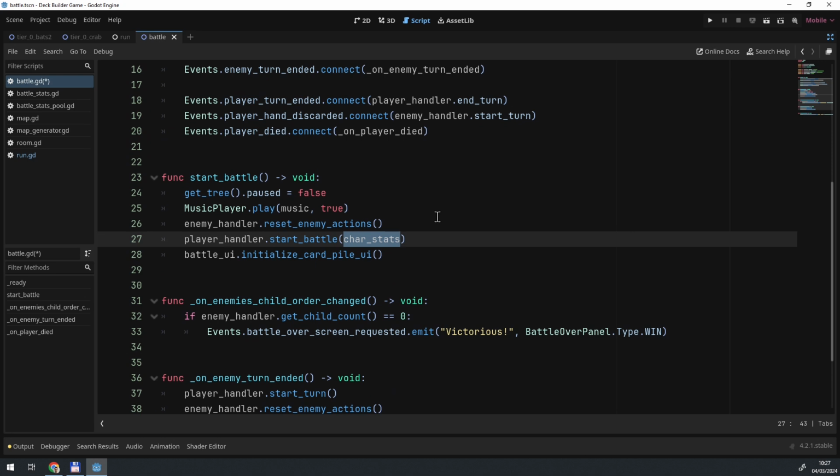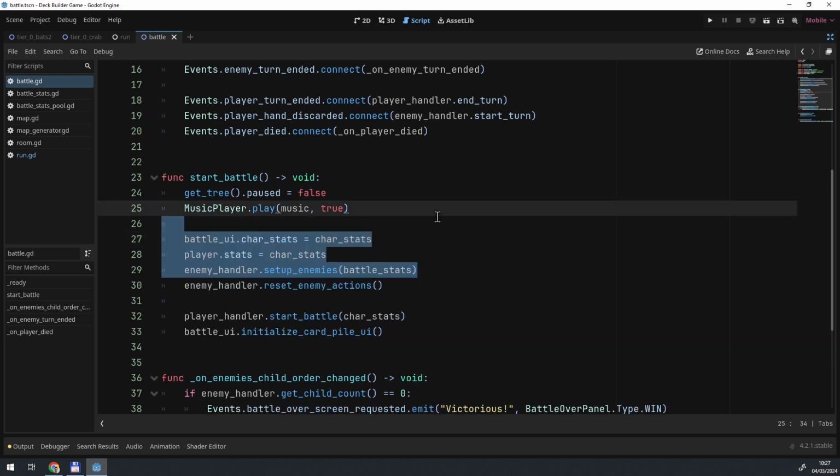After changing that, we also need a bunch of new things. For example, we can set the battle UI's character stats property to the character stats we currently have, do the same for the player, and finally, we call the enemy handler's setup enemies function, which has our BattleStats resource as a parameter. Mind you that this is a new function which we haven't implemented yet, and this will be responsible